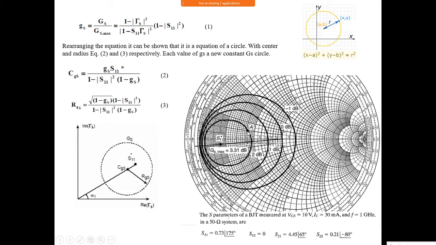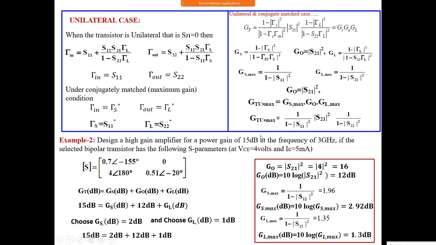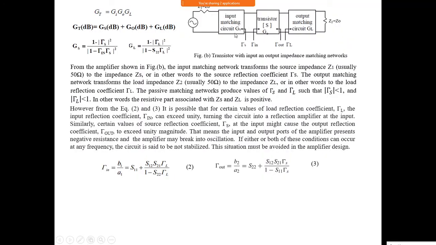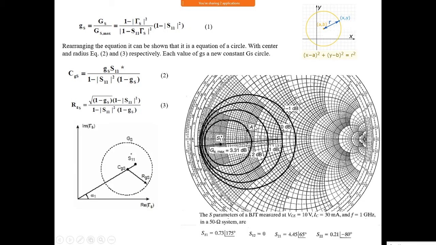So you can read the value, whatever the impedance here, take that value and use it. You should design this matching network such that looking in this direction, the impedance must be equal to whatever you have from this point. Okay, so like that.